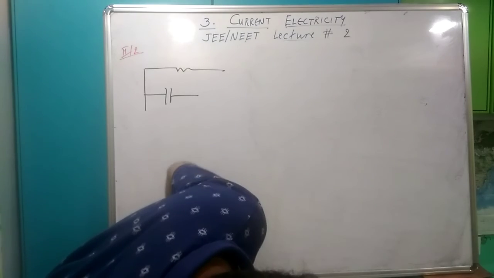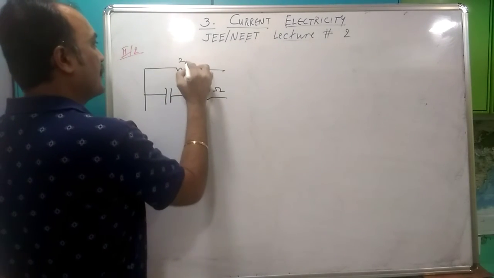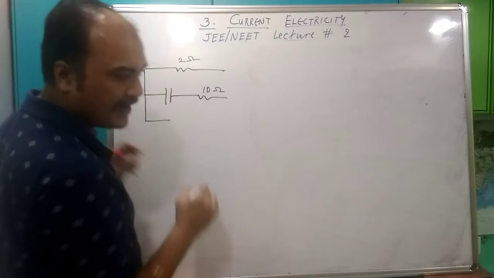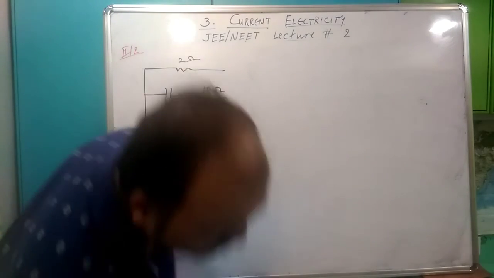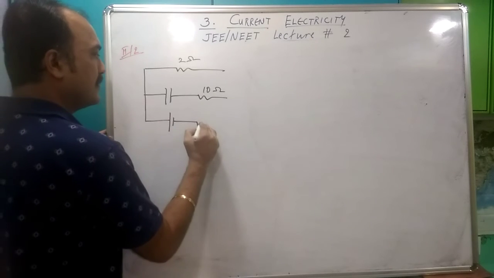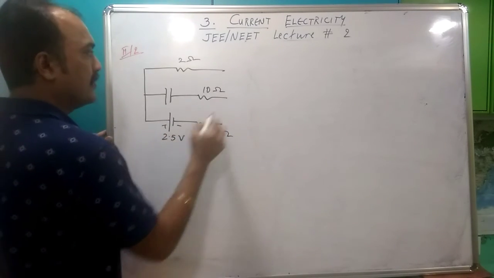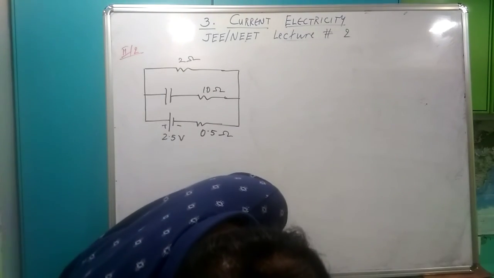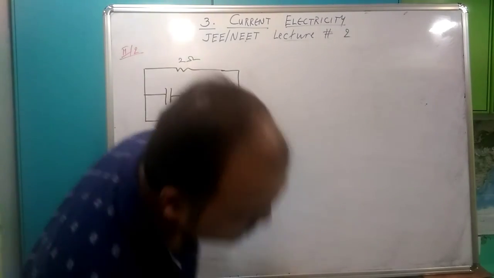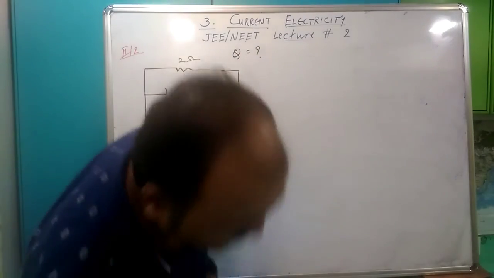राउंड 2 का कौन सा 2 सर्किट है, और पहली बार कैपेसिटर आया इसलिए मैं इसको देख के एक्साइट हो गया। This is 22 ohm, 10 ohm, और तुम्हारे पास ये बैटरी है, और बैटरी का इंटरनल रेजिस्टेंस भी दिया हुआ है 0.5 ohm। OK and you have to find the charge on the capacitor, Q find करना, और ये कैपेसिटर 2 माइक्रोफैरेड का है।